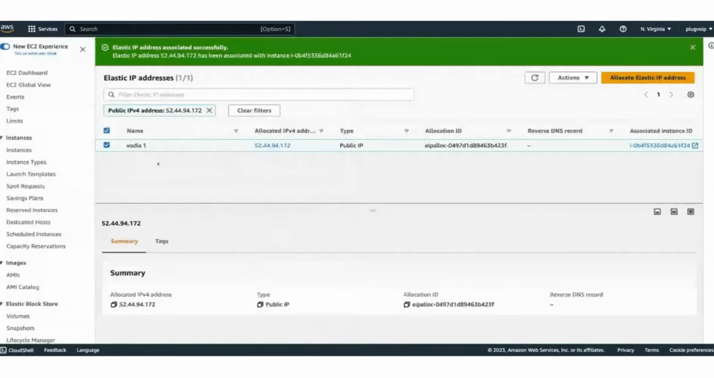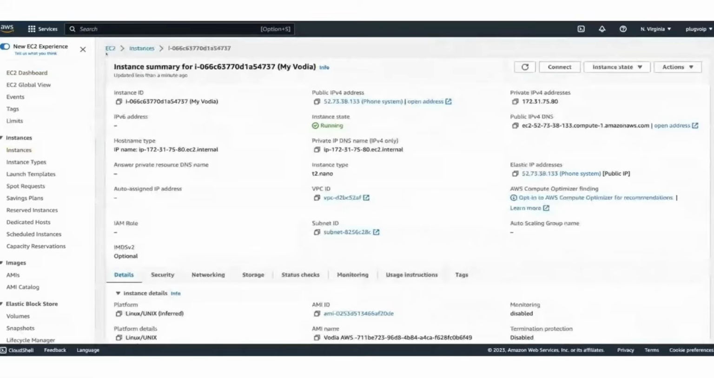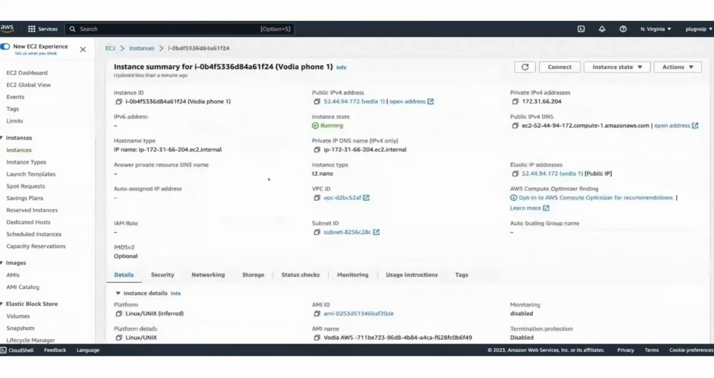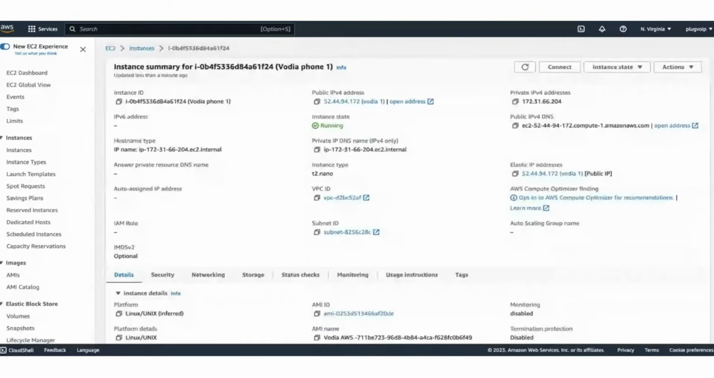Okay, so now Vodia 1 has a new IP. So this is the new IP address. I'm going to go back to my dashboard and then click on my instance ID. Okay. All right, so here's all the information I need to know about my instance. The next step to log into the Vodia phone system is just go here under public IPv4 and just click